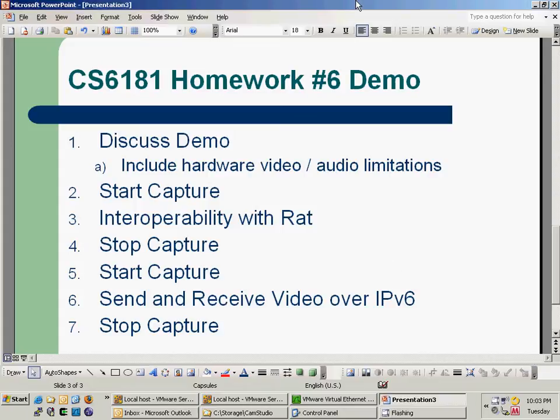Hello and welcome to part 2 of my CS6181 Homework 6 demonstration. Due to technical difficulties in the first half of the demonstration, we're going to do this in two pieces. Previously we showed interoperability with the RAT audio tool, and now we're going to show sending and receiving video over